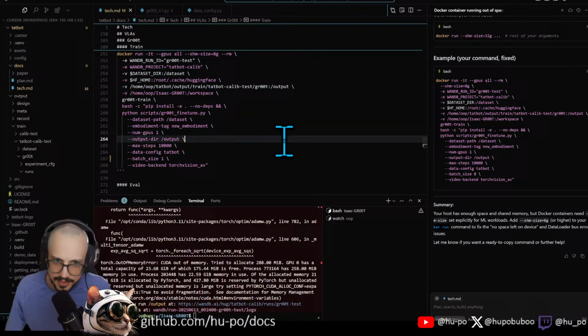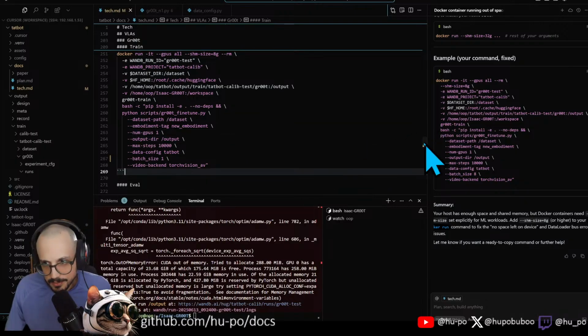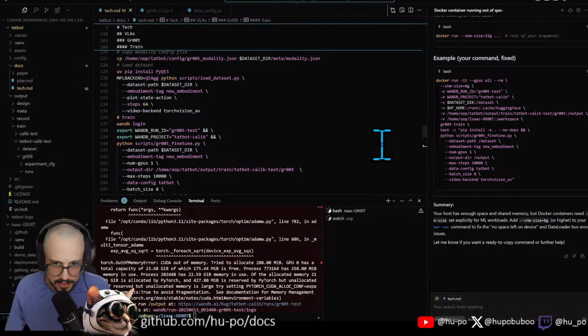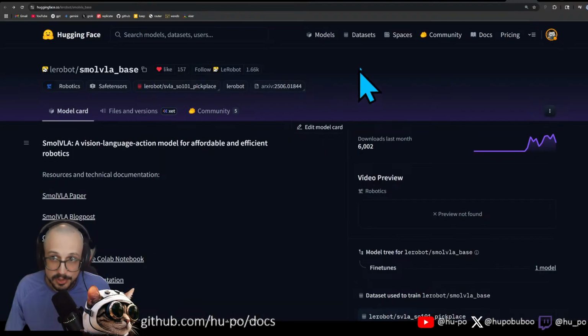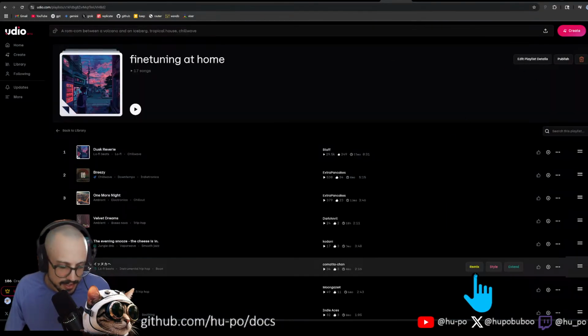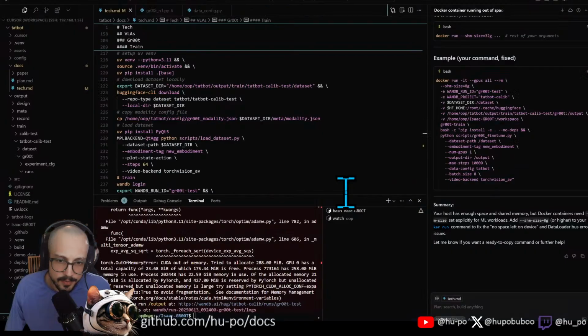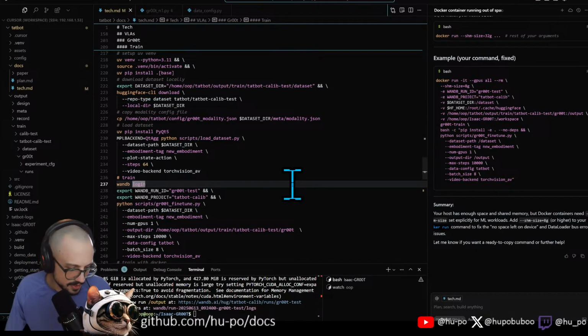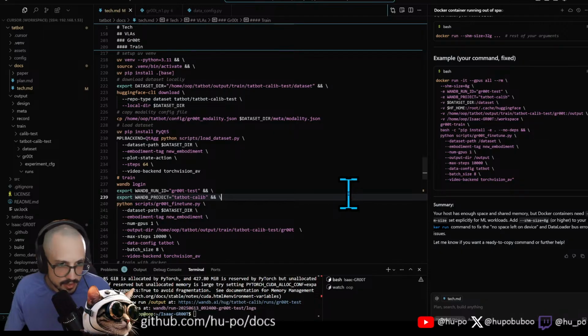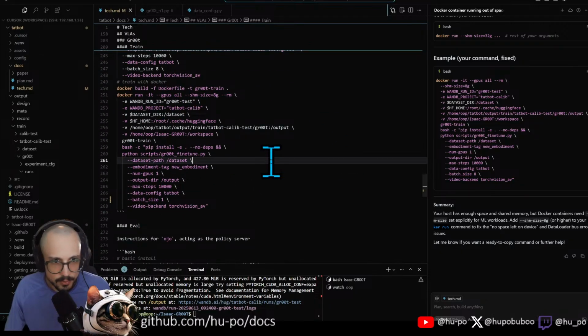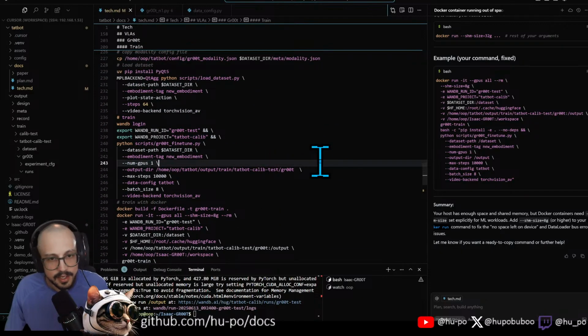I realize that these coding streams, like I say this every single time, are just not as popular as the paper streams. I figured maybe adding the music would make them a little bit more enjoyable to listen to, but yeah, they're not as fun as paper streams. They're not as information dense. A lot of it's just me debugging random stuff, which is not as cool. But